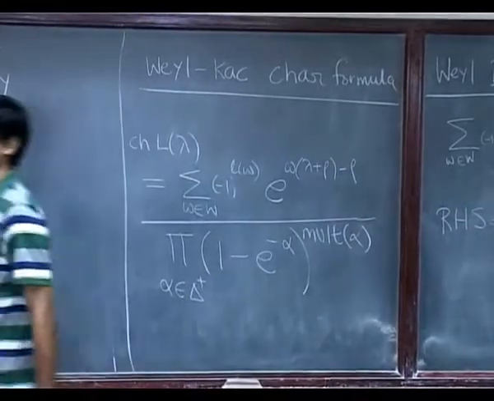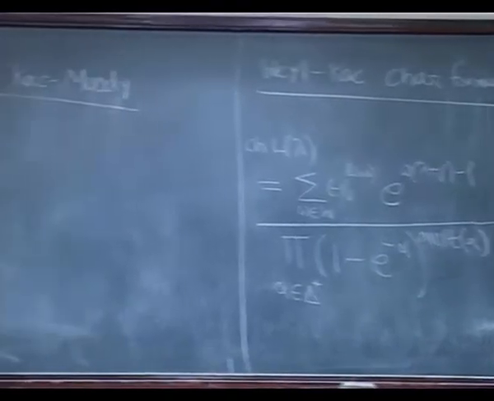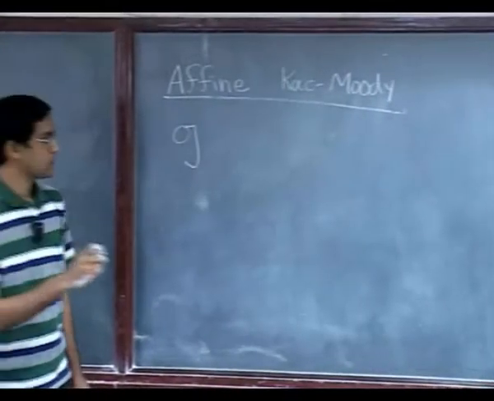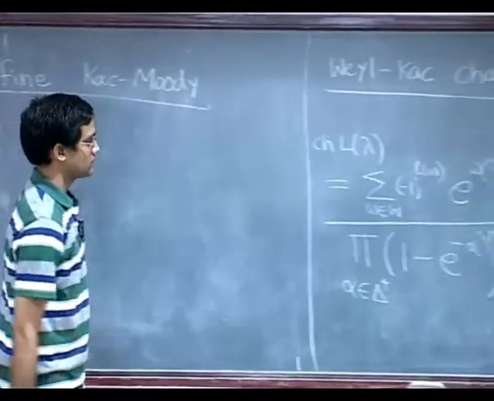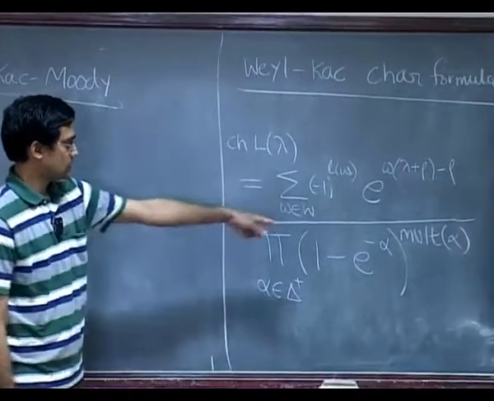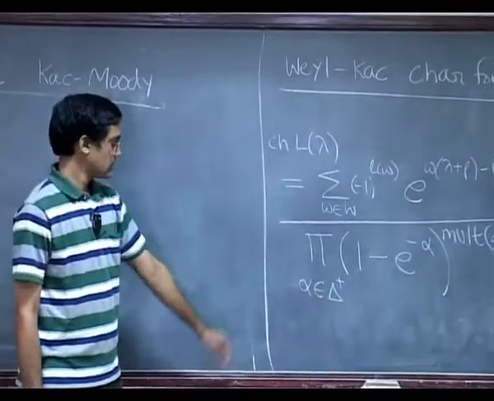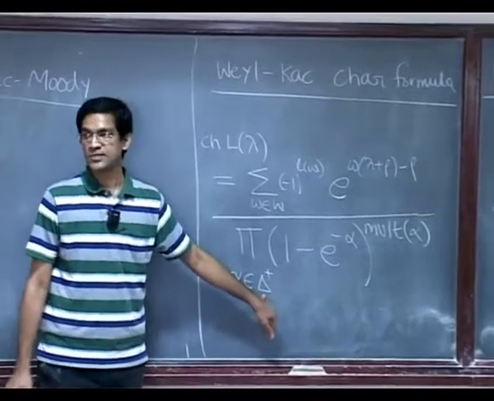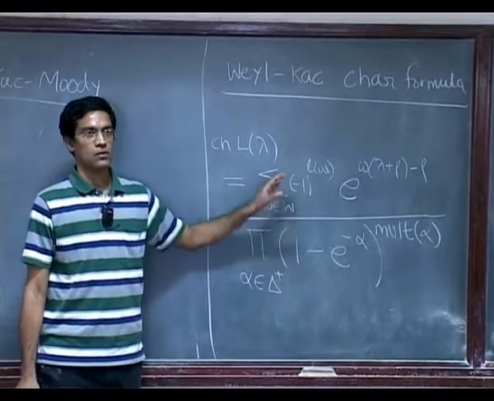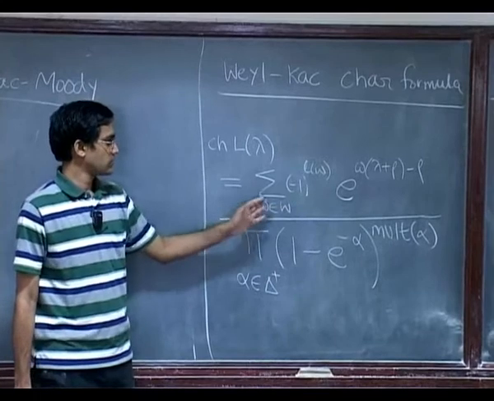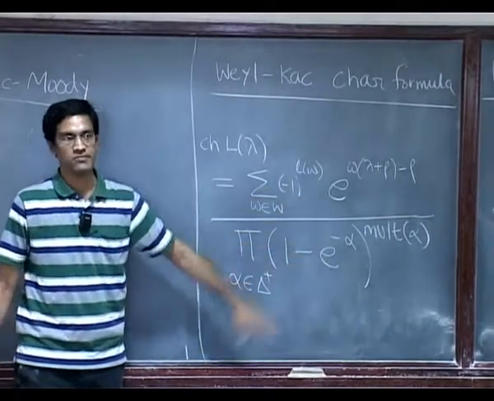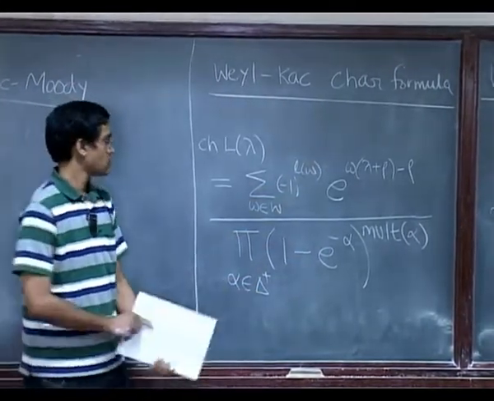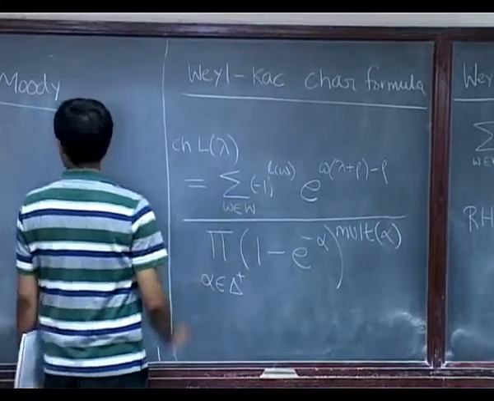Thanks. So, I am looking at the general character formula, not just for the case lambda equals 0. So, that would be the thing, and now there is a multiplicity of alpha on the bottom. There is also this thing called delta plus here, right. Now, all these various notions, one just needs to figure out what they are in this affine case and how they change and so on. So, W of course is just the Weyl group.